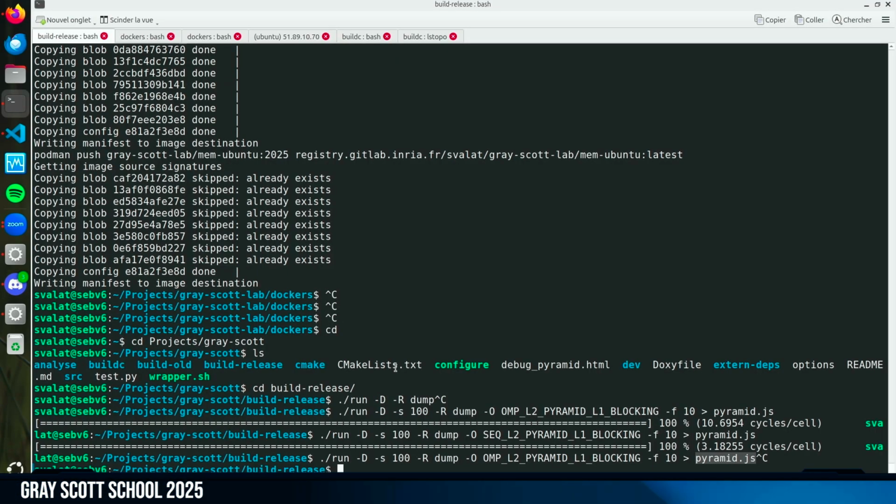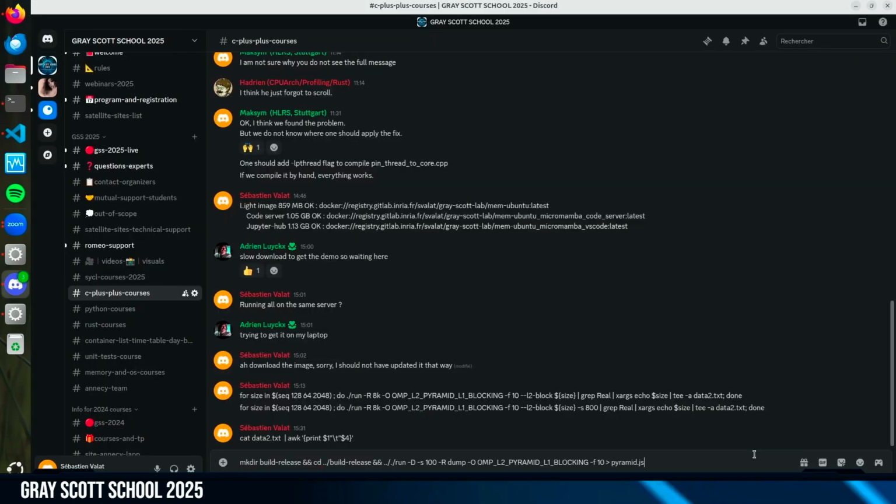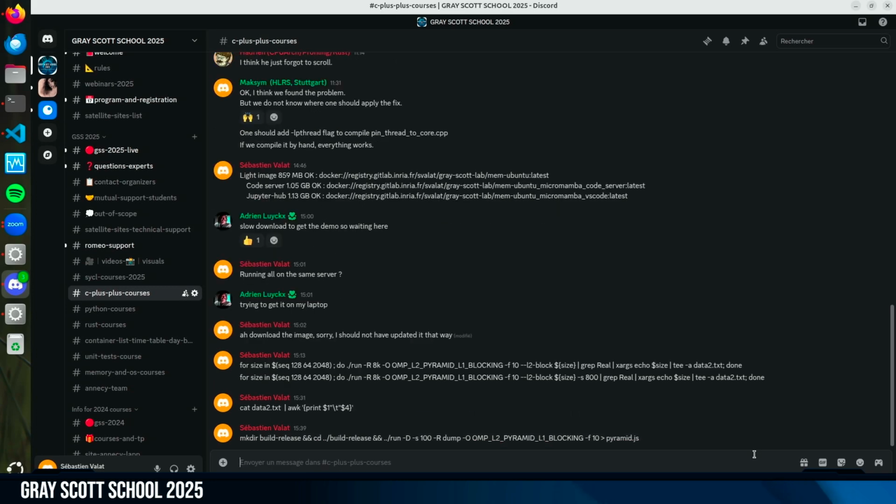If ever you want to generate it and look at it, you then open the HTML file, which is in the root directory.